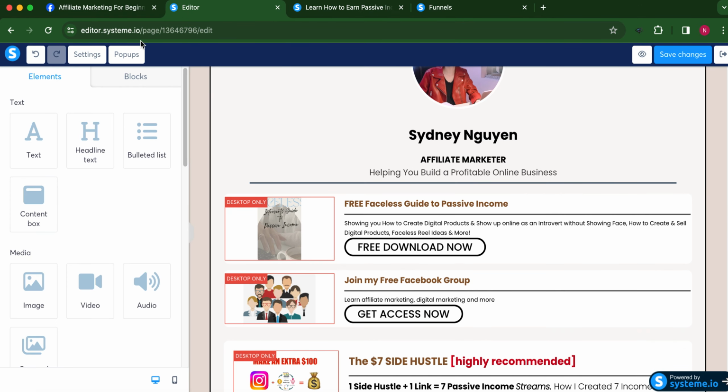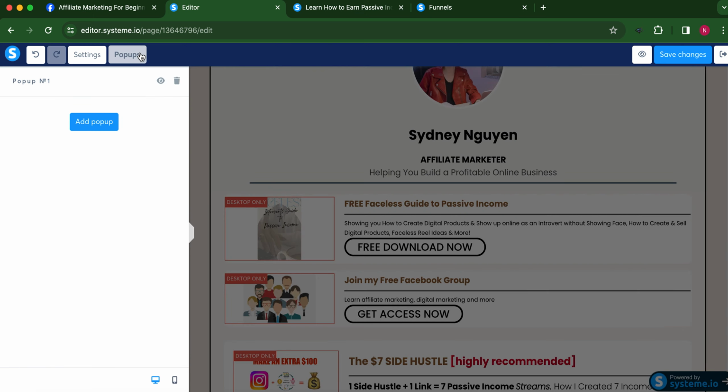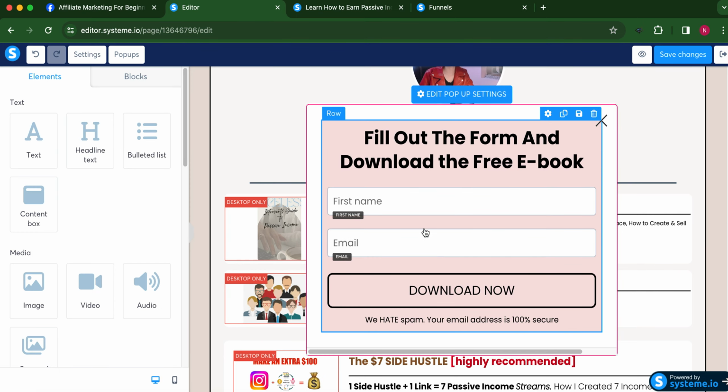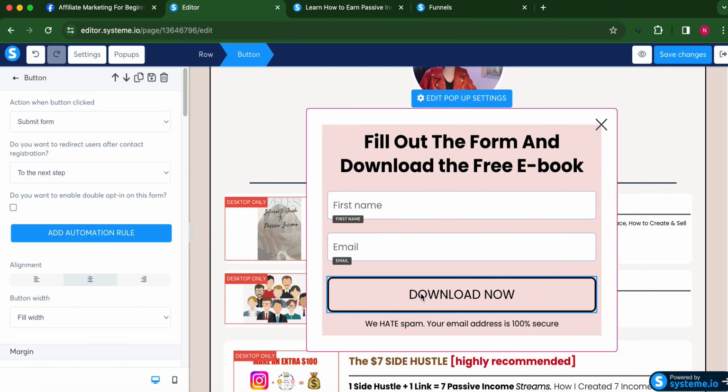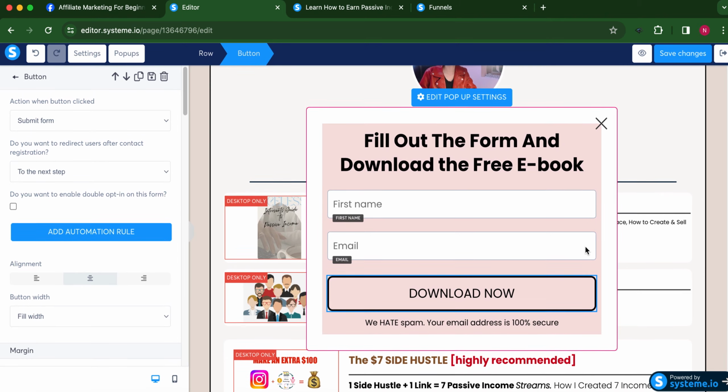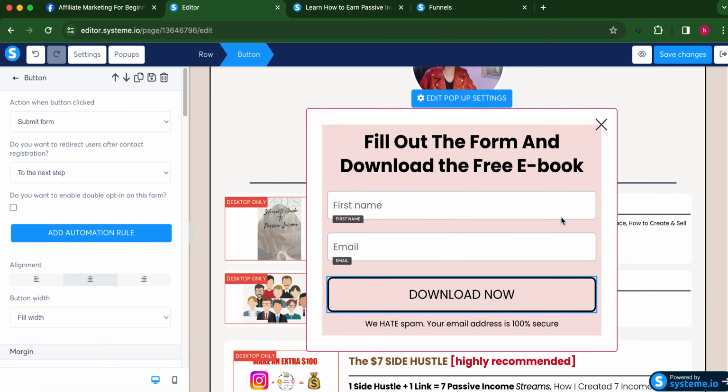So what you will do is you see the pop-up right here, click on that, and you click on this icon right here, and it will show, and now you can change anything that you want. You can click on download now, and make sure that you choose submit form and go to the next steps like this, so that you can collect the email leads, and then you can do some email sequence follow-up after that. Okay, so I think that's pretty much it